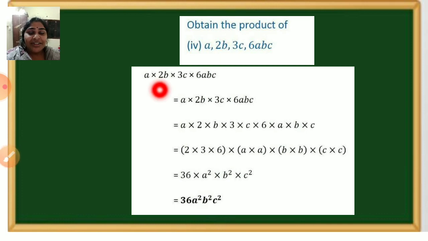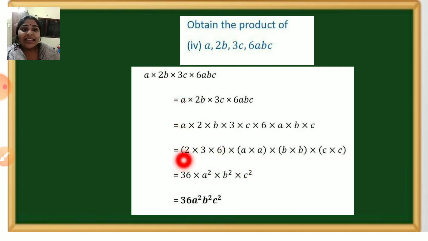Now if you see here, children, it is a multiplied by 2b multiplied by 3c multiplied by 6abc. First you have to write the given all the terms into the product form, right? This is the first step, very important. And then start solving. That is equal to, now here we have separated all the whatever given the one term, that is 2b, we have written as 2 multiplied by b. Only to rearrange, children, if you want, you can skip this step, okay? Directly you can take how we have seen in earlier sums, that is directly you can take the coefficients in one bracket and variables in the other bracket, okay?